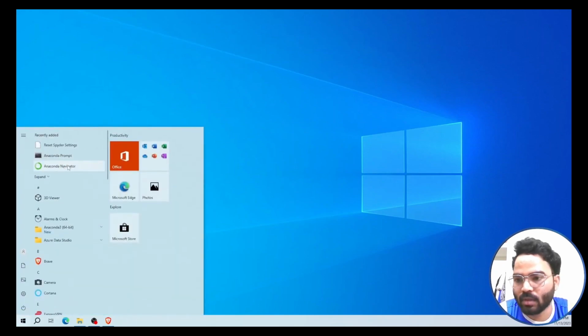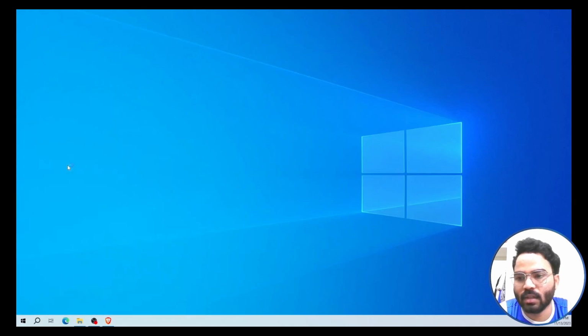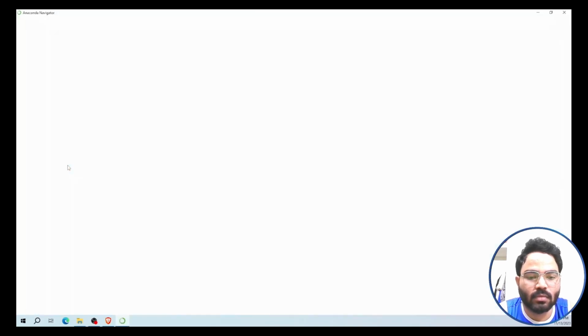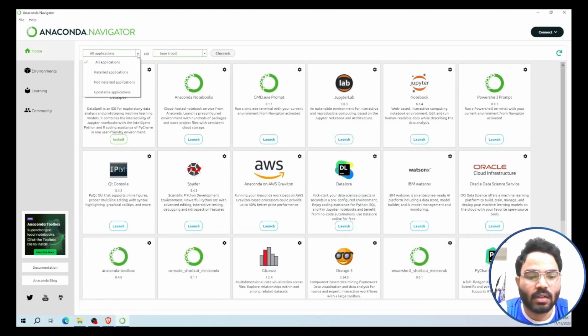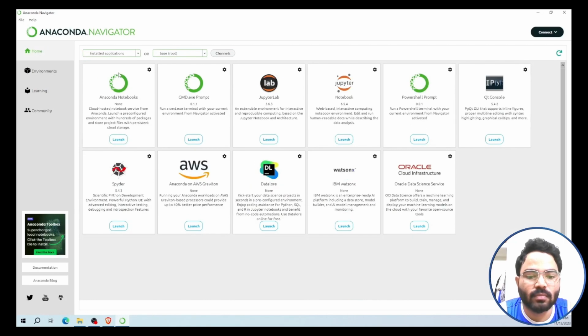And go to your browser and search Anaconda Navigator and launch the Anaconda Navigator. And now under all applications, select the installed applications portion under the base environment. Now you can choose Jupyter Notebook, click launch button and